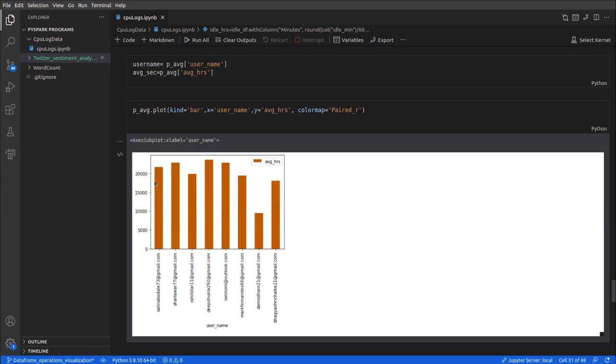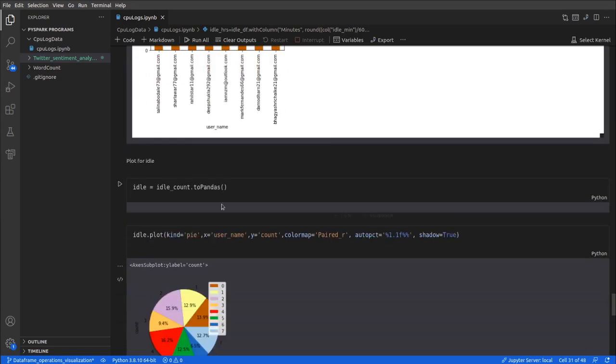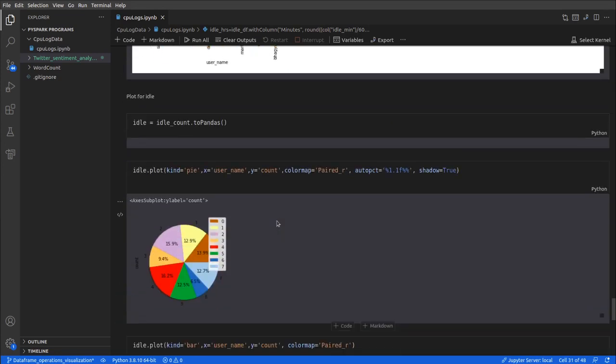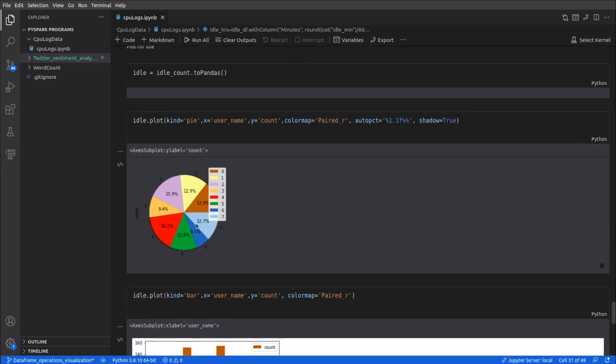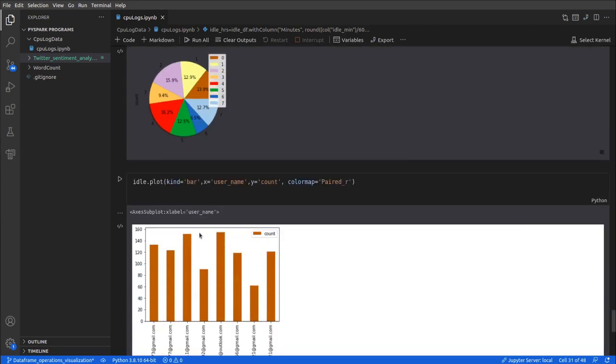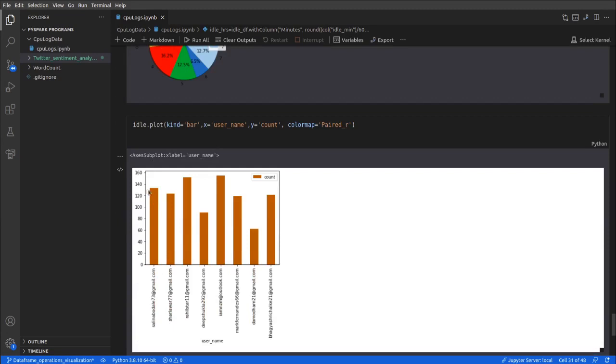And this is how many seconds they are active, as you can see in this bar chart. And this is for idle. For this much time they are idle, 13.9%, and so on. And this is a bar plot for the same.